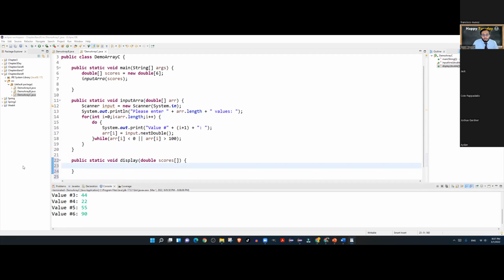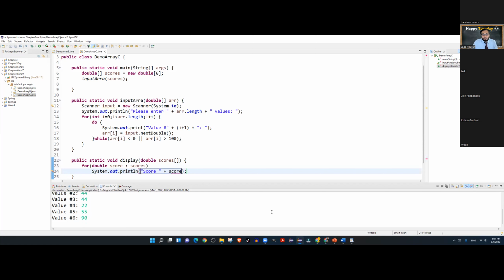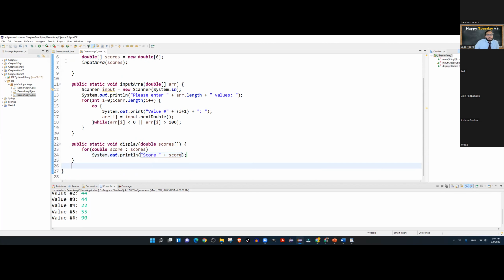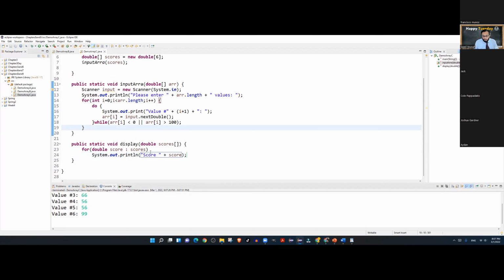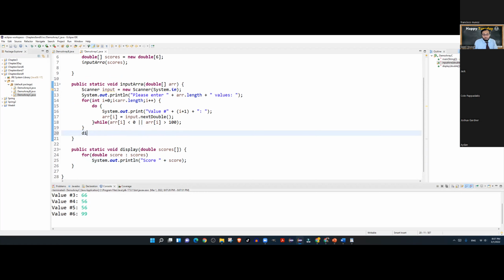And this time, let's say I use the enhanced for loop, and I can say, well, score, and then I can display the score just like that. So right now, if I run this, 66, 56, 66, 56, 56, 99, okay, and I need to call the display method and pass it the scores.